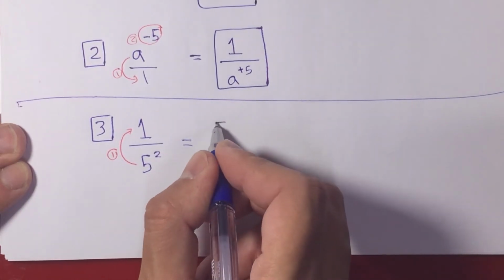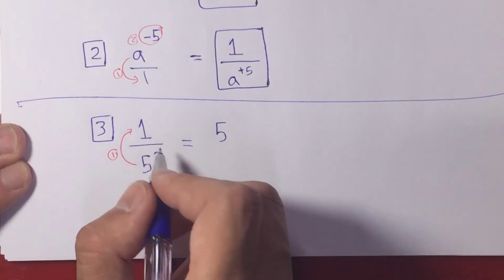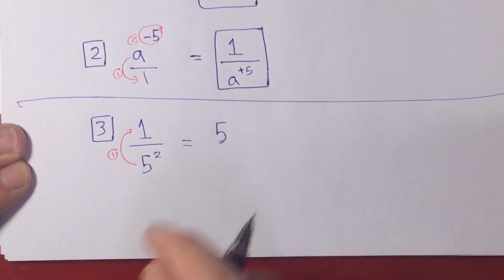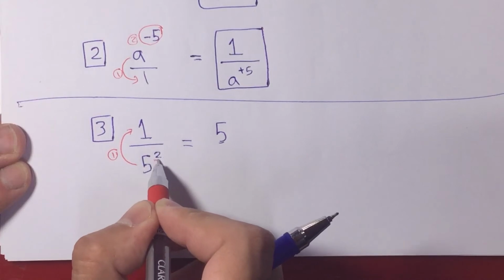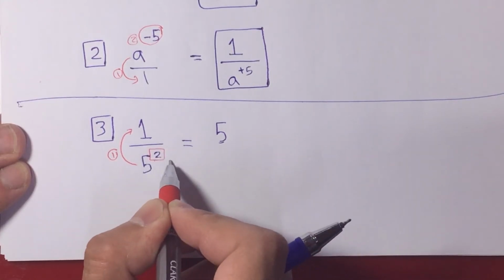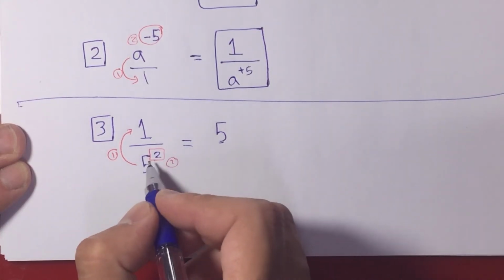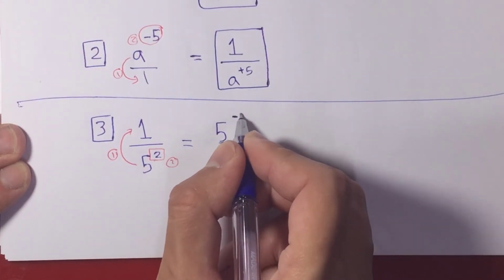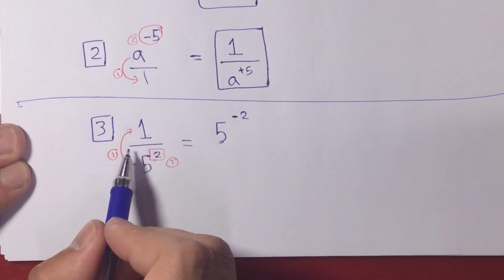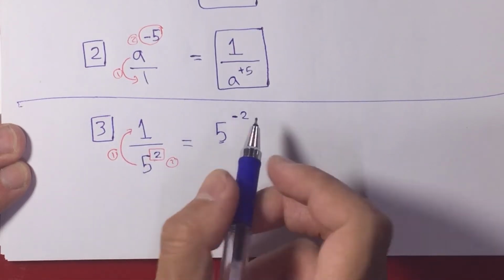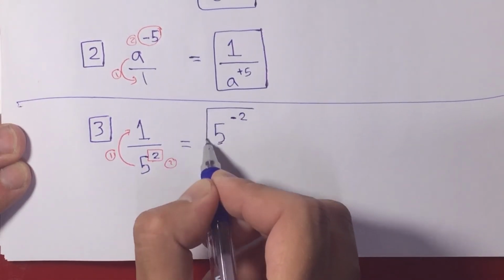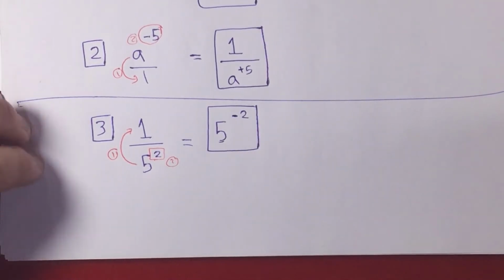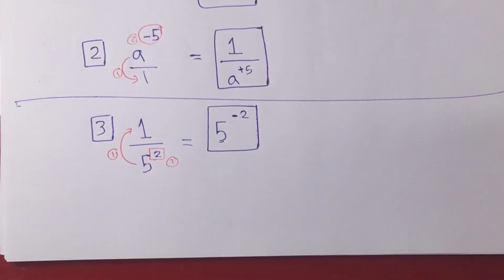So we now have 5 in the numerator, and to the power of how much? The second step is to change the sign of the exponents. It is positive here, so we change it to negative now. So the 1 over 5 squared is equal to 5 to the power of negative 2. Okay? That's simple. Example 4 from the same page, we have